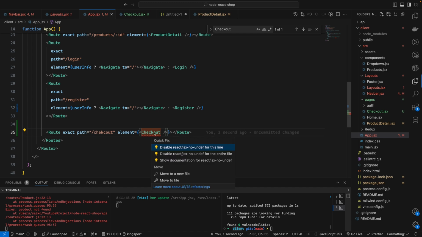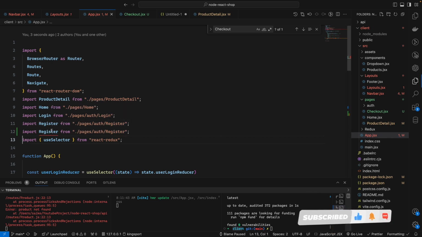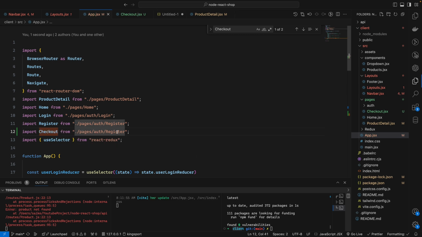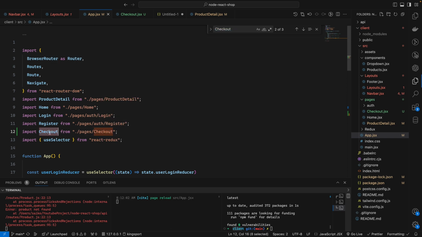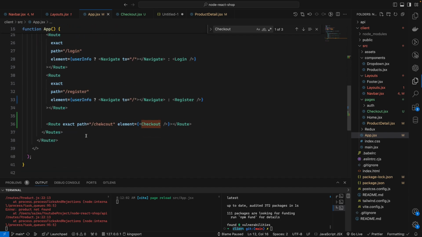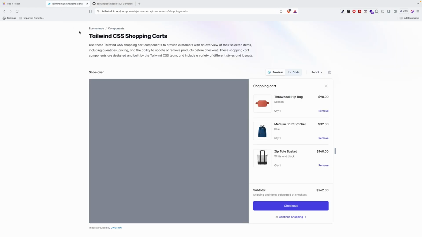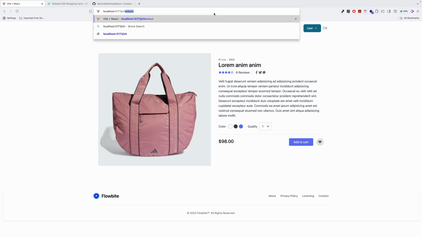So I will import from the pages, like register. Okay, I will copy and I will say checkout from the page. Under the page folder, we have checkout. So this checkout should be okay to call. Yeah. So when I go here, if I go to the checkout,